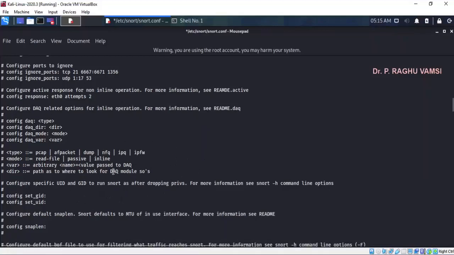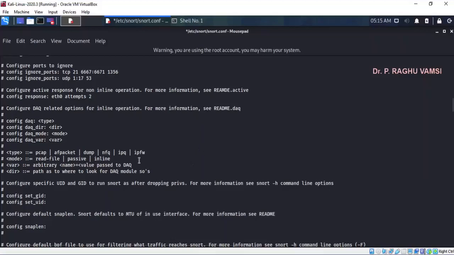This kind of information will be shown to the system administrator or system security manager. The reason is the rule header has to match. So it will look for the rule header matching, and corresponding messages will be given to the security engineers. So in this way, the forensic data analysis will be done with the help of Snort.